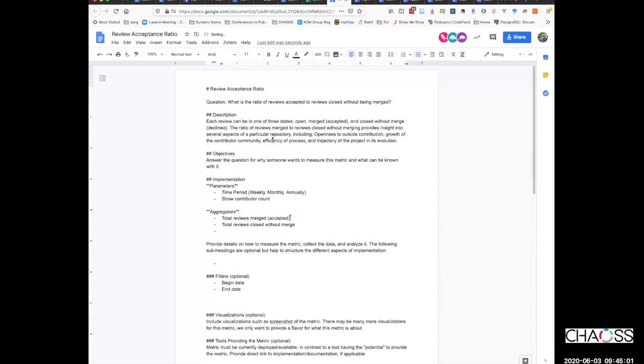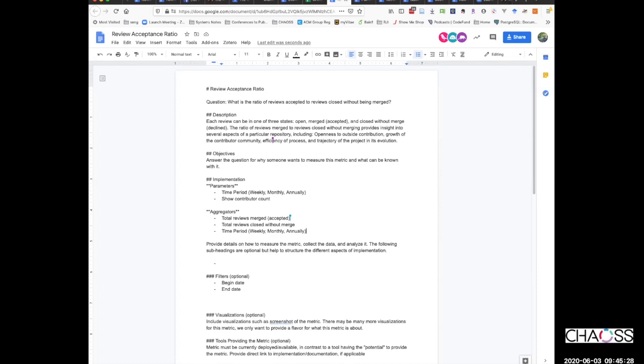It's a parameter. Aggregators are like summing up the number of merged or number of closed. But it can be both, over the period of time. Like it's both, because if I'm allowed to say I want to see it monthly, weekly, annually, that's a parameter I would pass into a function, but it is also an aggregator.